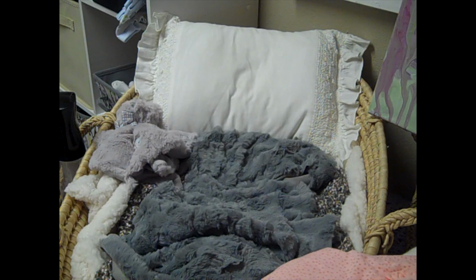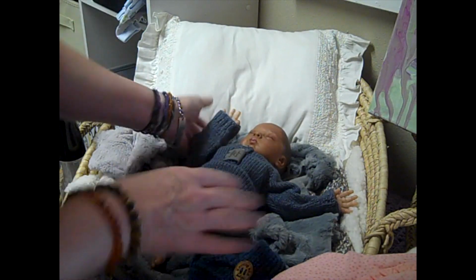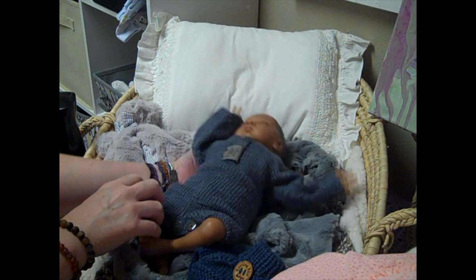Alright, I'm just positioning her. Y'all know the positioning is so importante. Let me bring all of Max's accoutrement over here so I make sure as soon as I turn off the camera, whenever I change babies that are here on layaway, I always go put their things over in their drawer. Little Max says, "Hi,